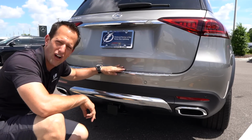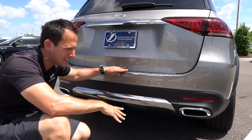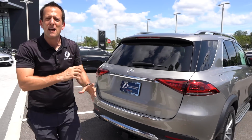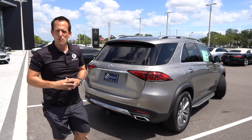2 fake exhaust outlets. That's gonna be a double zonk. I don't know what they're thinking at Mercedes-Benz. At least make them be decorative trim rings and then have the exhaust pipe behind them. But why don't we go ahead, let's pop the hood of this GLE 350 and see what we're working with